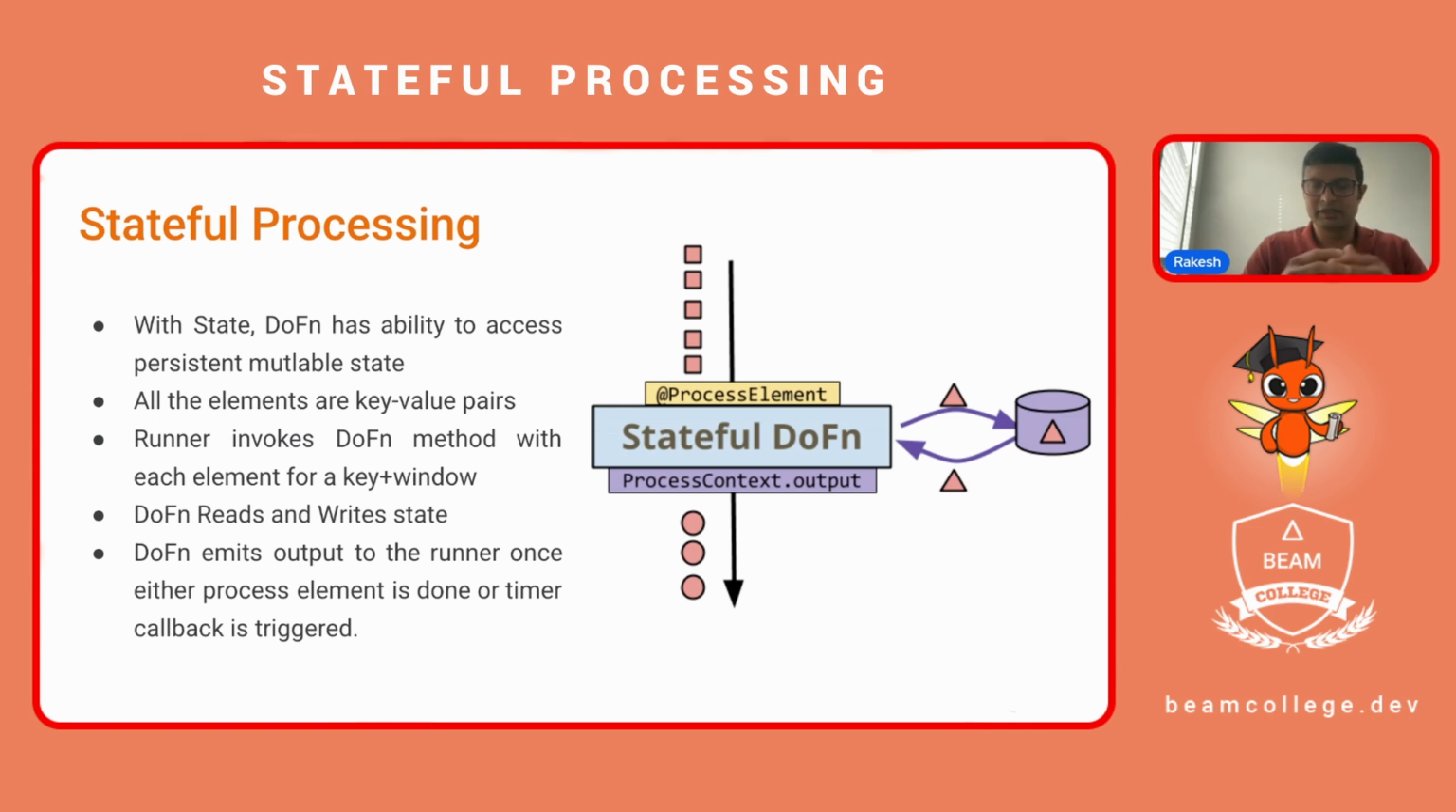All these elements are passed as key-value pairs, and if you have used windowing, then it will be key plus the window that is passed to the DoFn. Basically, a runner invokes the DoFn method with each element for key plus window. DoFn reads and writes state. As you can see in the diagram on the left side, there is a cylindrical icon which represents the state, and all the rectangular items are the elements being read or written in the state. And at the very end, it is outputting the result,